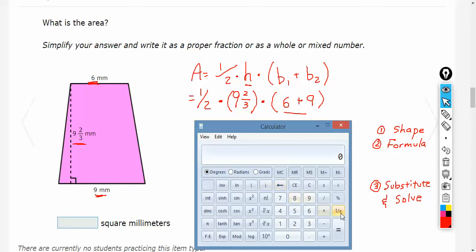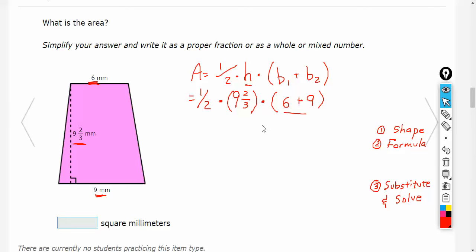It's not going to be easy with this calculator. All right, 6 plus 9. That's 15. Times 15. Okay, so we've got